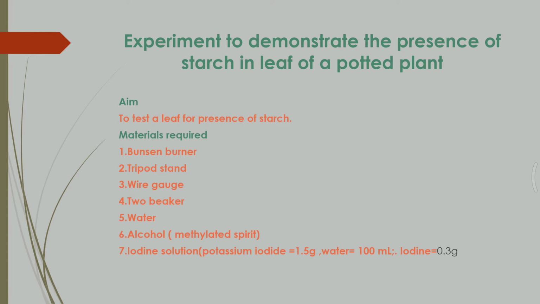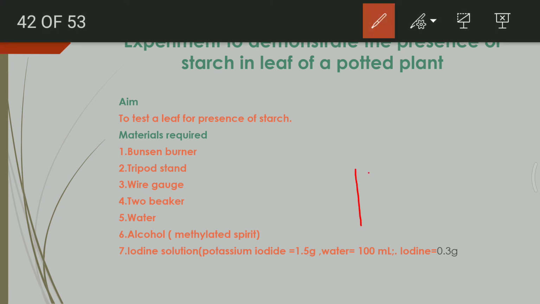In this experiment, we require a few substances. The first thing is a Bunsen burner. A Bunsen burner is a device from which we get fire and can heat anything. It is attached to a gas cylinder, and as soon as we switch it on, it starts producing a flame. We have to light it with the help of a matchstick, and once we light it, we can use it as a fire source, or a heating source.